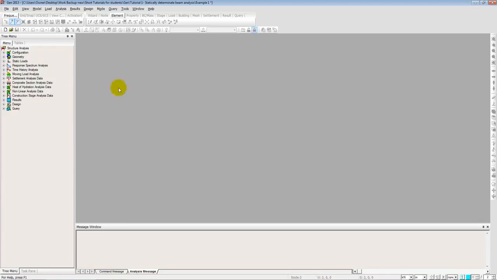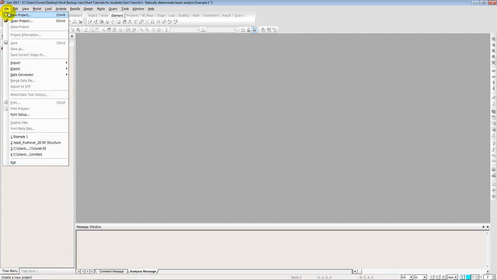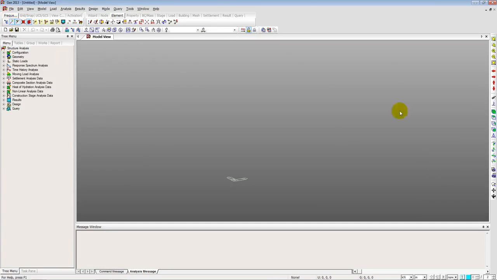Okay, so we start with a blank Midas Gen window. You can open a new Midas Gen window from the start menu or from the desktop. I'll click on new project and we get a gray screen here, the modeling interface. X is the horizontal axis and Z is the vertical axis. The explanation of all the menus and the different features in the graphical user interface have already been done in tutorial 1, so I will skip that part for this video, and I'll go straight to setting up